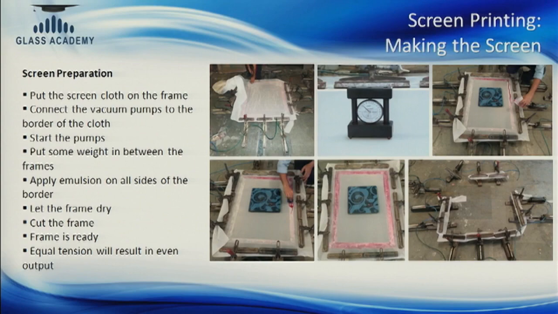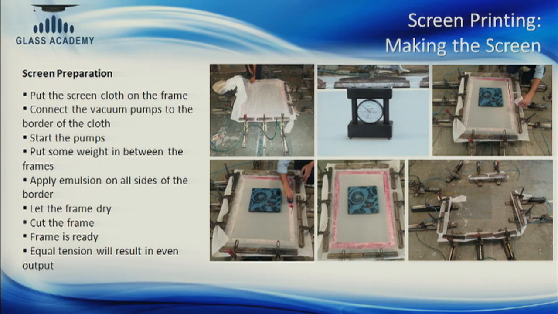One of the tools is showing measurement of the tension on the cloth. So you have to measure that in the center and on the sides, the tension is the same. Once you've stretched the cloth, you apply what is essentially a glue to paste it with the frame, and then you let it dry and achieve an even amount of tension, and then you cut it through and you get the frame ready.